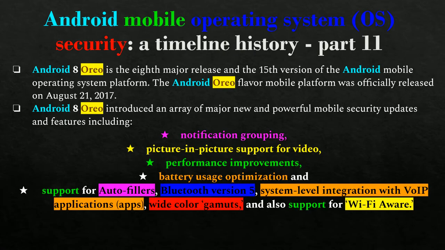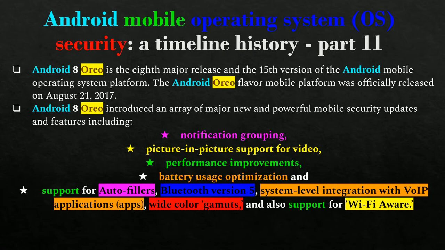Oreo was the eighth major release, but actually the 15th chronologically released Android mobile operating system. Oreo was released on August 21, 2017, and introduced a list of major new and really powerful mobile security updates and features.